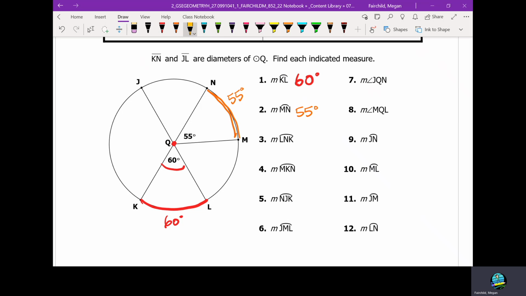Arc LNK. You have to go in the order that the letters go. So when it says LNK, you go L, then N, and then around to K. So it's a big one. Who has an idea how we find that one? There you go. So 360 minus the 60 gives you 300